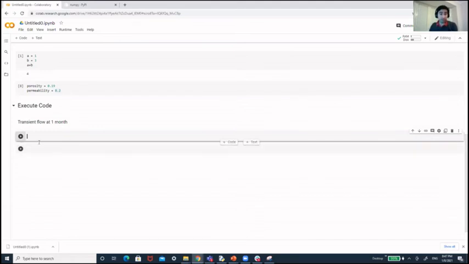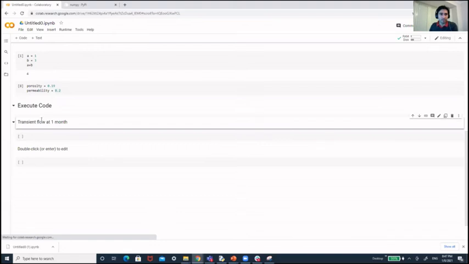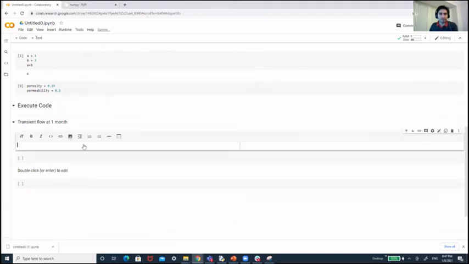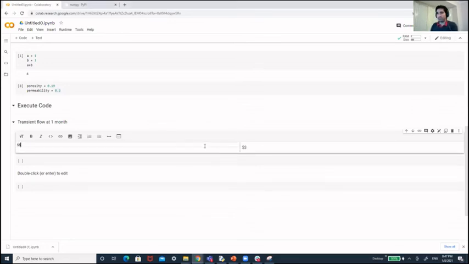I know that it works quite nicely in Jupyter Lab, and I'm going to try to write a LaTeX equation here. So let's say I want to write a simple equation, which is J equals Q over dp.